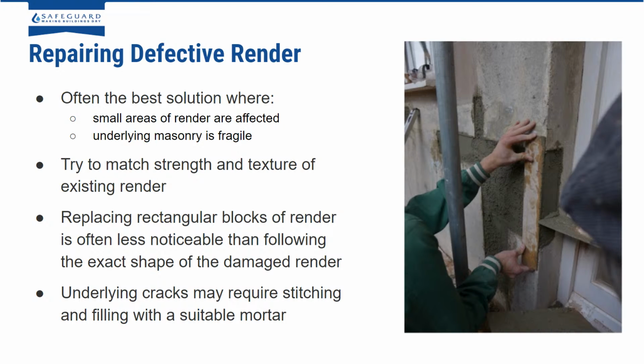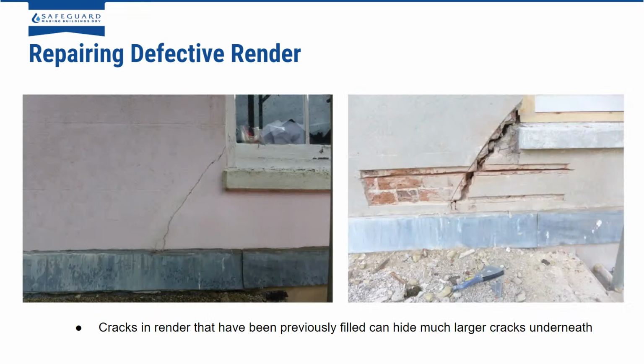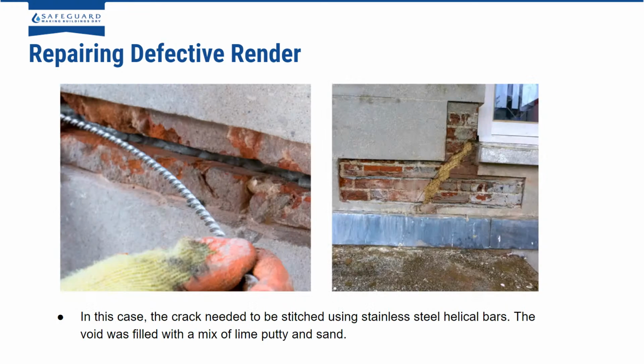And also in this situation, you may also have to fix any underlying cracks with some form of crack stitching materials. So you can see in these pictures that cracks in the render that have been previously filled can hide much larger cracks underneath. In this situation, the crack needs to be stitched using stainless steel helical bars, and the void can be filled with some form of lime putty and sand as the initial